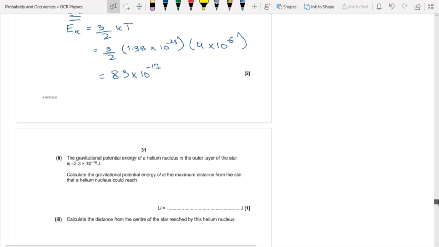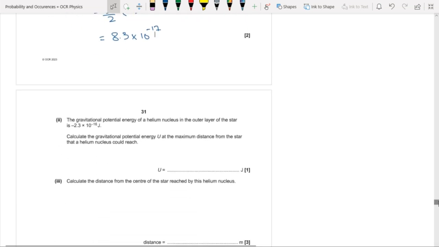Moving on. The gravitational potential energy of a helium nucleus in the outer layer of the star is minus 2.3 times 10 to the power minus 16. Calculate the gravitational potential energy U at the maximum distance from the star that a helium nucleus could reach. Well, if the gravitational potential energy of a helium nucleus in the outer layer is minus 2.3 times 10 to the power minus 16, and the mean kinetic energy is 8.3 times 10 to the power minus 17, then the gravitational